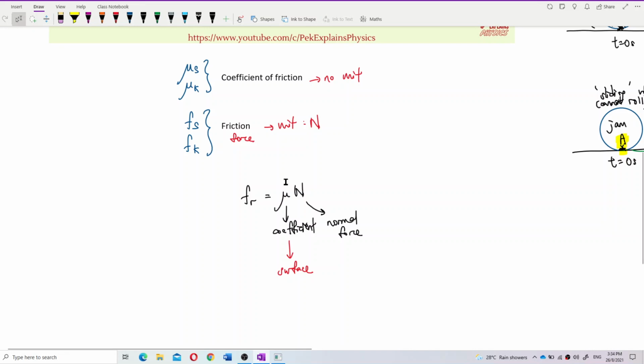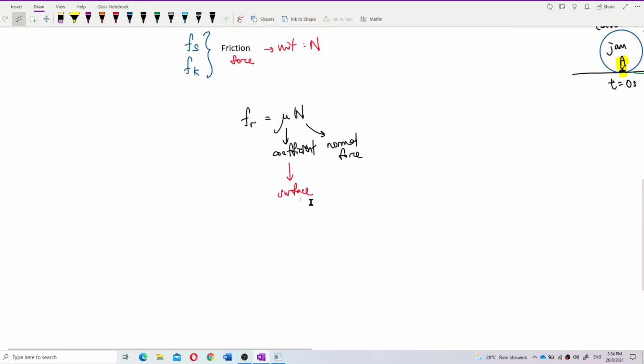This mu value is based on the surface in contact. So if it is a less rough surface, then it has a smaller mu. But if it is a very rough surface,